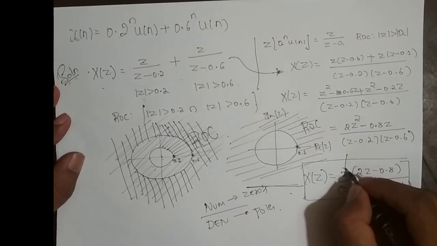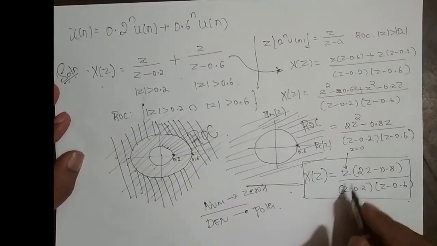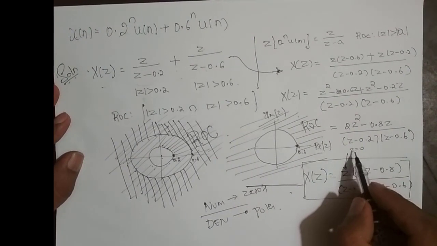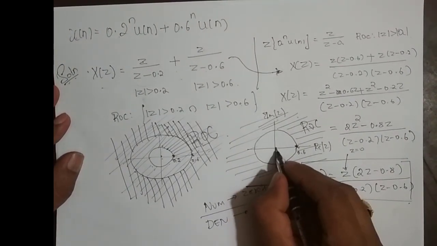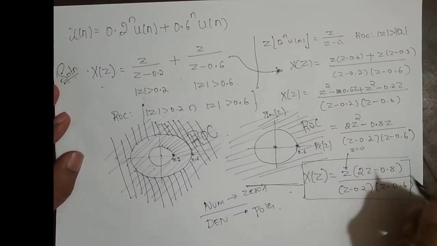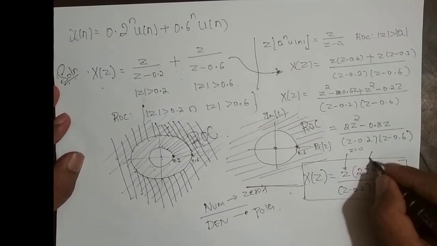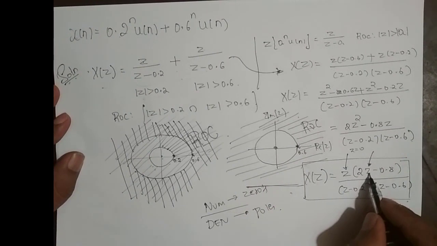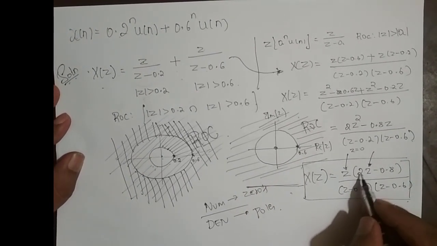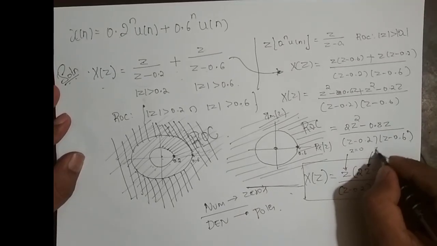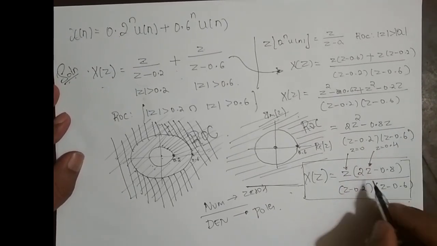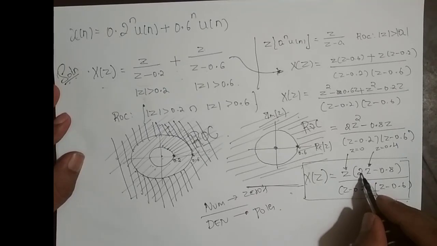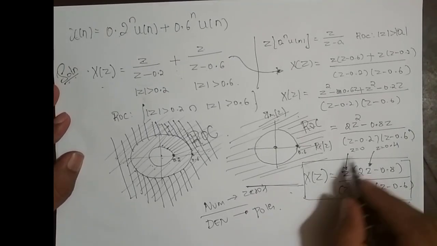One is at, if I put z equal to 0 here, the numerator becomes 0. So one zero is at z equal to 0. It is here. And where is the other zero? The other zero is here, right? So what is the value of z I need to put here so that this becomes 0.8? It is nothing but 2 times 0.4. So z equal to 0.4. If I put z equal to 0.4, this becomes 0.8. So 0.8 minus 0.8, so I get one more zero.